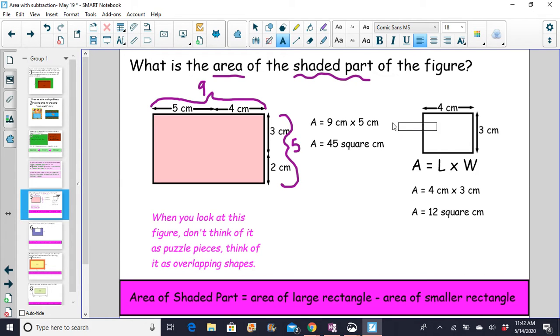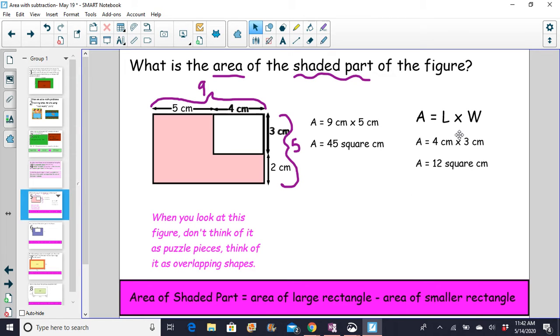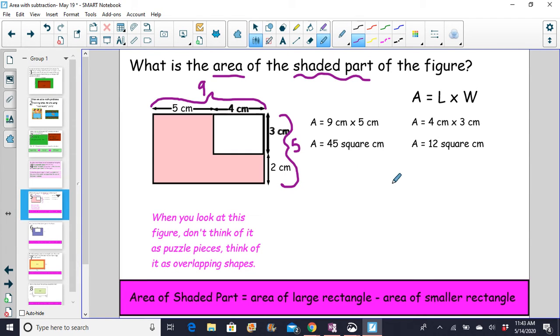12 square centimeters. Now, remember, this white rectangle was right on top here. So it's almost like in order to find the shaded part, the pink part that is revealed when I have the overlapping figures, I have to imagine like I'm taking a chunk out of it. So I am taking 12 square centimeters out of the 45 square centimeters. So then in order to find that final area of the rest of this revealed shaded part, I'm going to